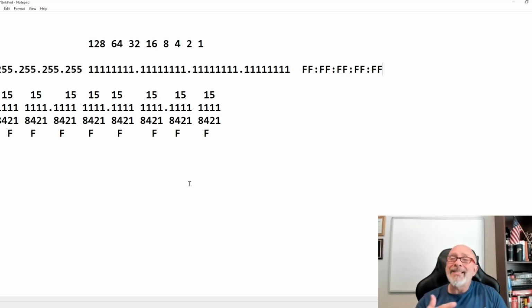So you can take any numbers you feel like. If you want to challenge yourself, go ahead and put those thousands and convert them. Just remember, you got to put every 4 bits, that's 1 hex digit, because those bit values are 4. And you can't go above 15 for hex.